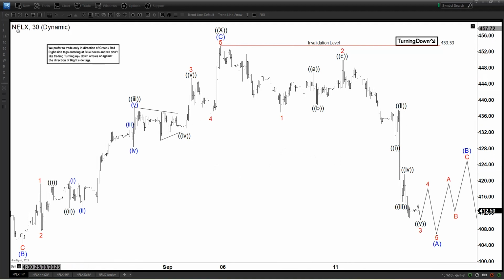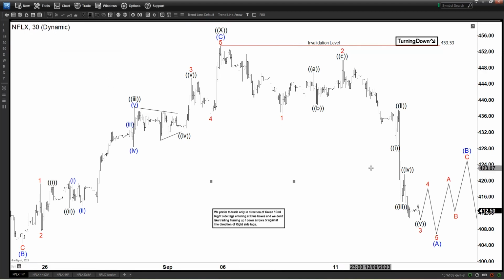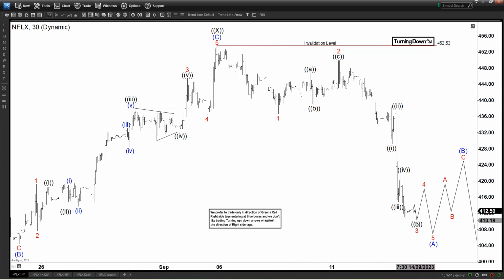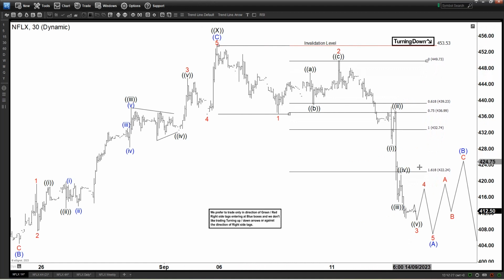Today's start of the day is Netflix. This is the 30 minutes time frame, and we can see right here that the stock has started to decline, and we're calling the decline here as an impulse. You can see the extension lower looks and behaves like an impulsive structure here. If you see the extension, it is already more than 1.618, so this obviously qualifies as an impulse, and